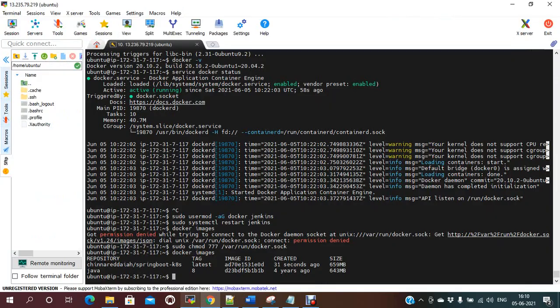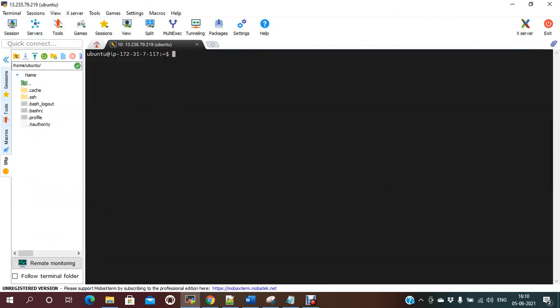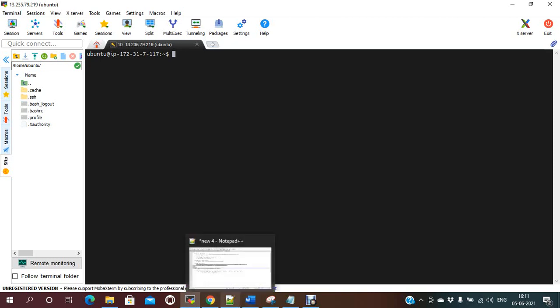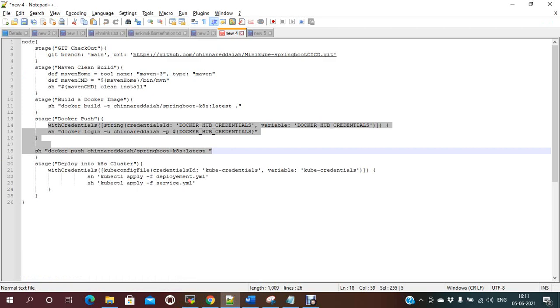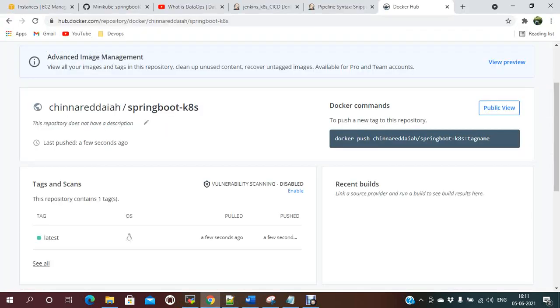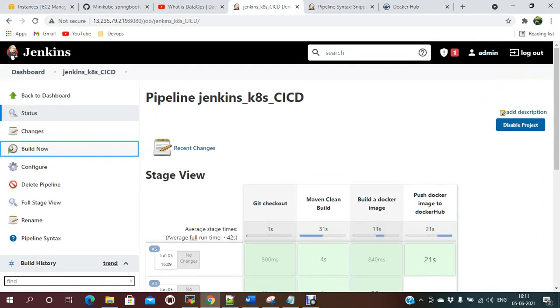Okay, now this image needs to be deployed into Kubernetes. Let me configure kubectl on this server. Okay, for the Jenkins machine to integrate with the Kubernetes cluster, we need to install kubectl on the Jenkins node, the Jenkins server. Before that, we need to add another plugin.